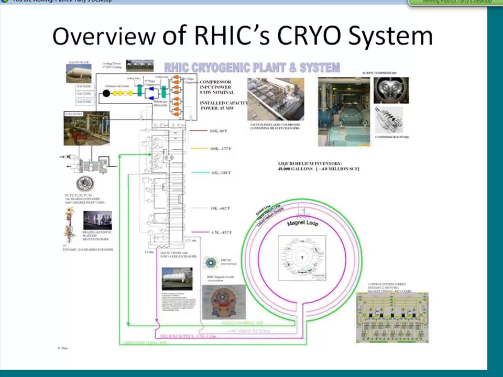And this is a simplified schematic of the entire process. The ring obviously is down here, the rings I should say, and the cryogenic plant is basically everything outside that. The best simplistic example, an analogy that I could make for the operation of a cryogenic plant is if you think in